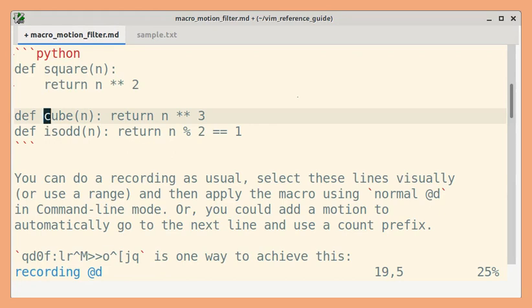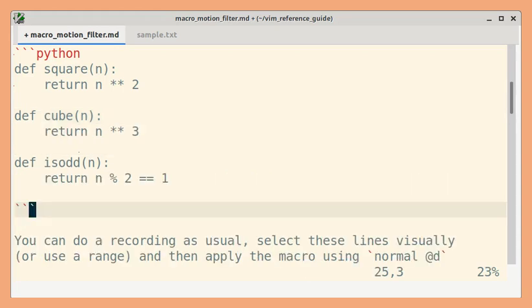Let's stop the recording. So now if I use at D, it will convert this line into these three lines, and then the cursor will automatically move to the next line as well. So instead of applying the macro for this line and this line separately, I can simply use 2 at D. So in this way, we can apply count prefix to the macro if we take care of adding motion commands